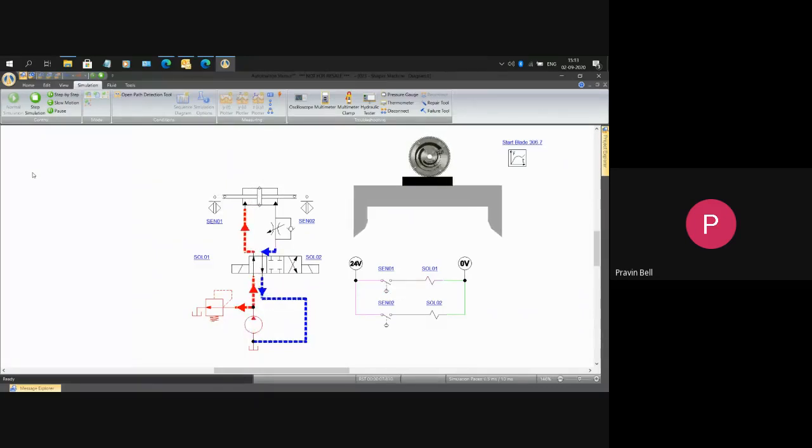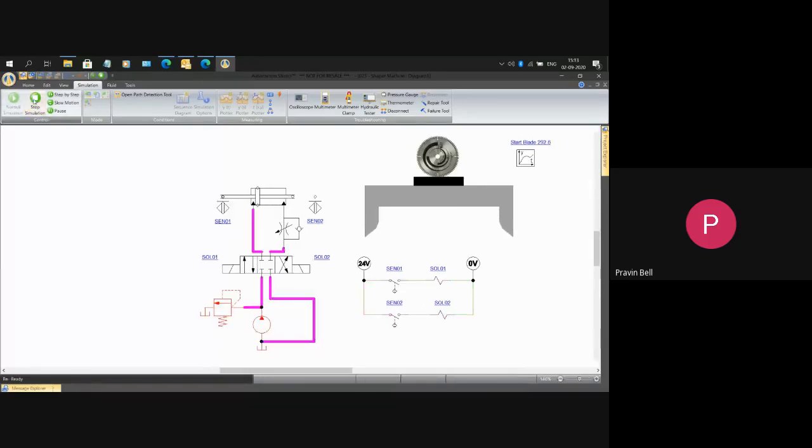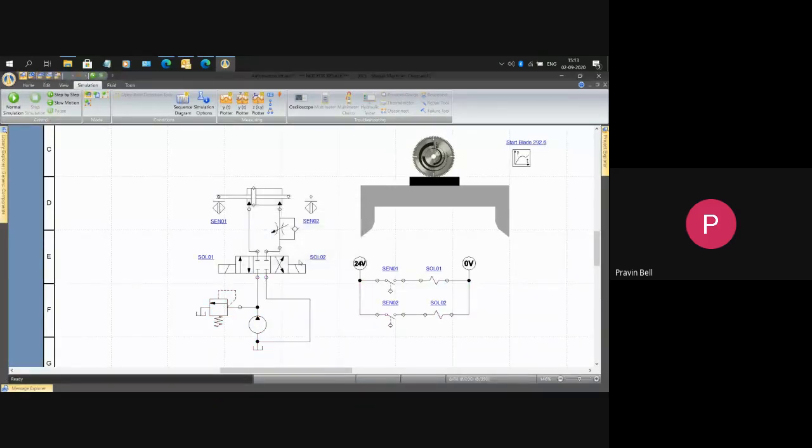So this is a simulation of how a shaper circuit behaves. Actually, in degree, UG and PG, these are much, much more complex circuits. But at diploma level, a simple circuit like this is enough to understand the application of a shaper machine. Okay, so this is a shaper machine circuit.